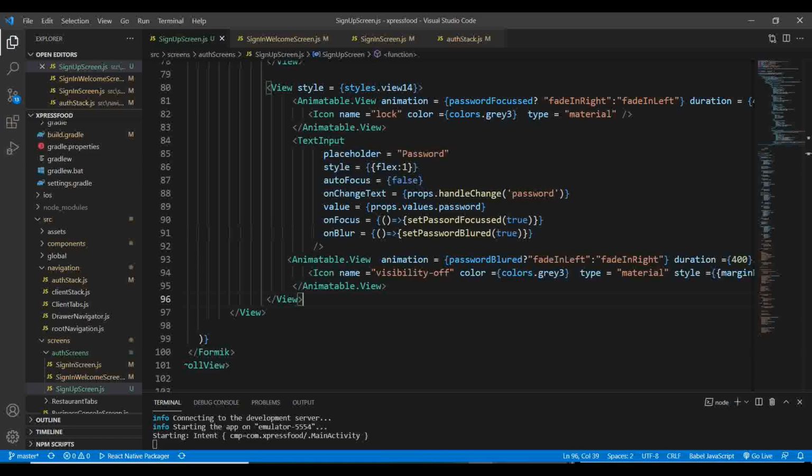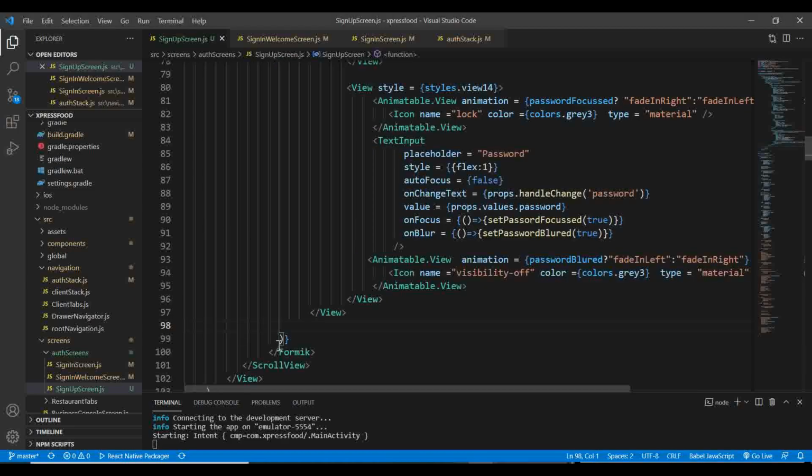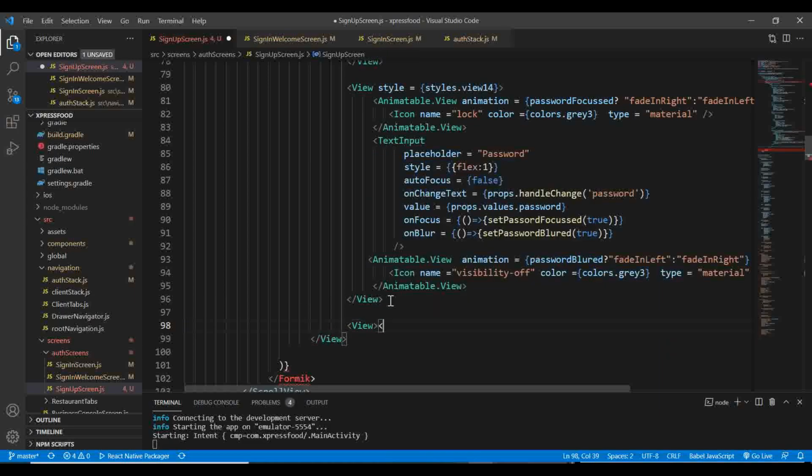I'm going to create something, and just outside this view, open a view,